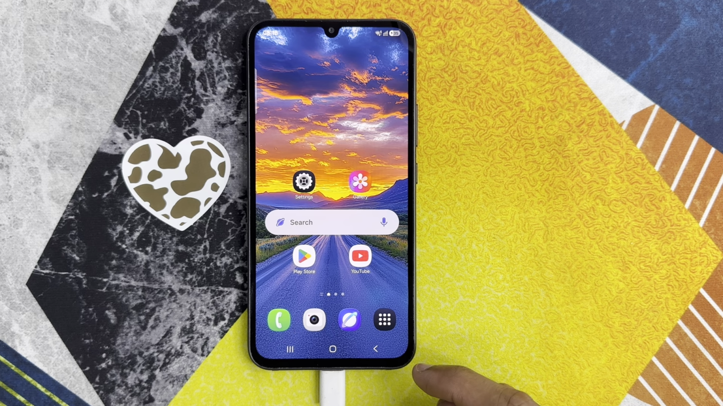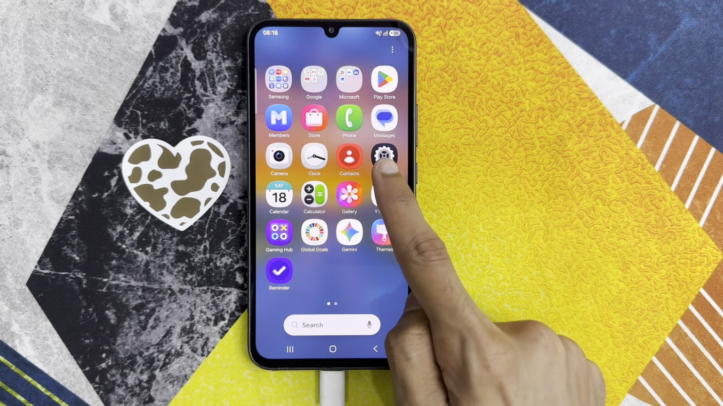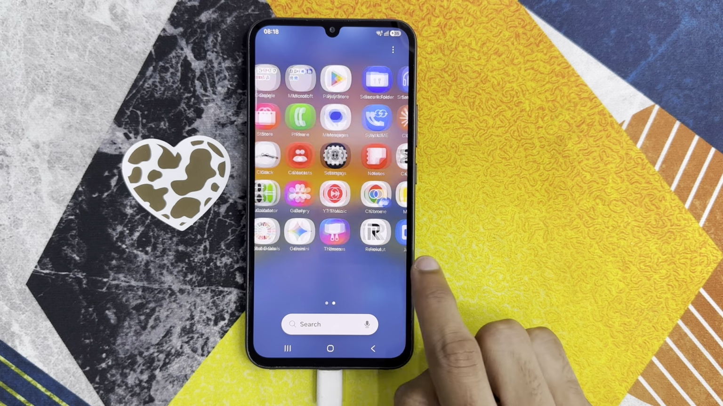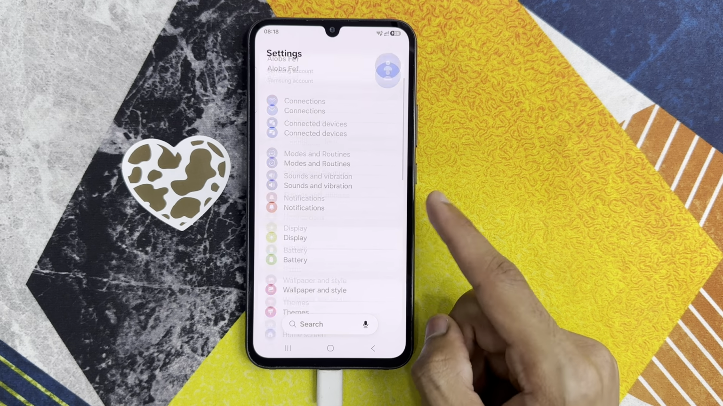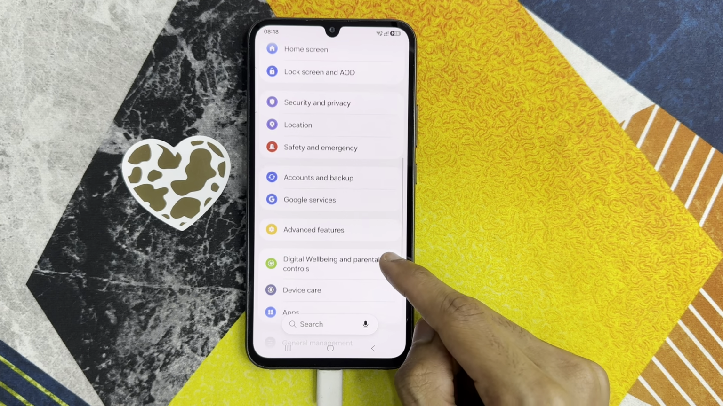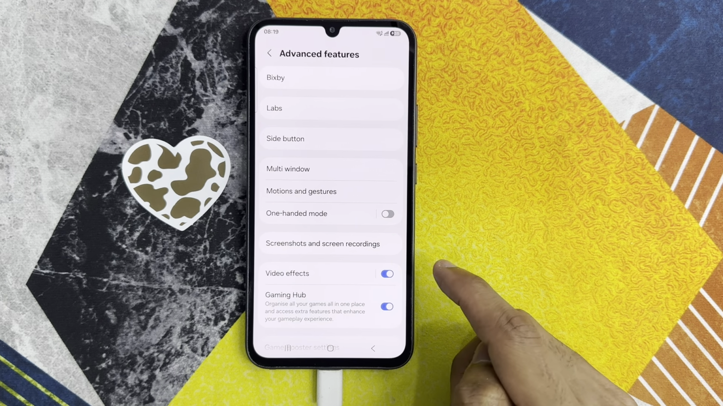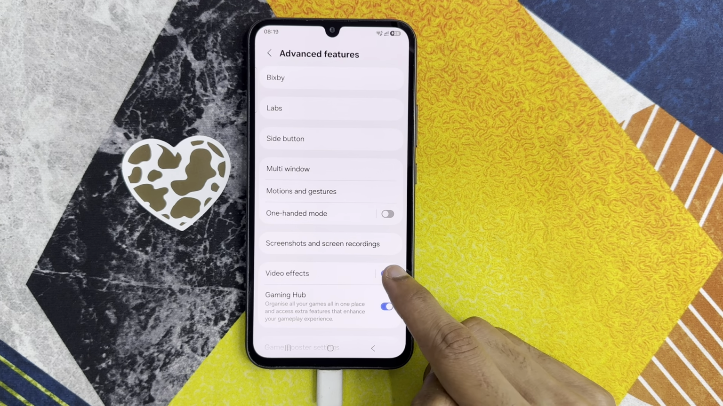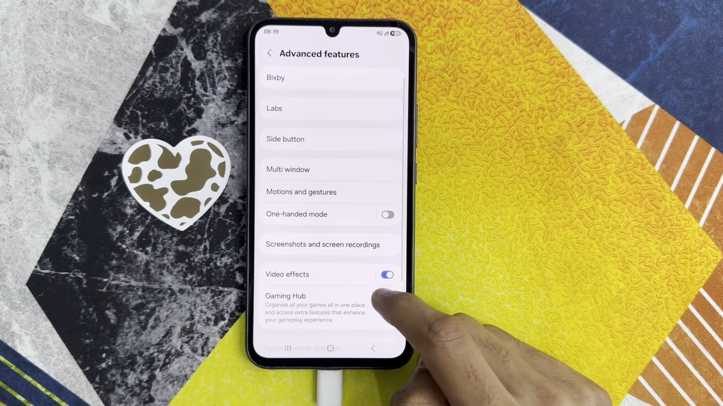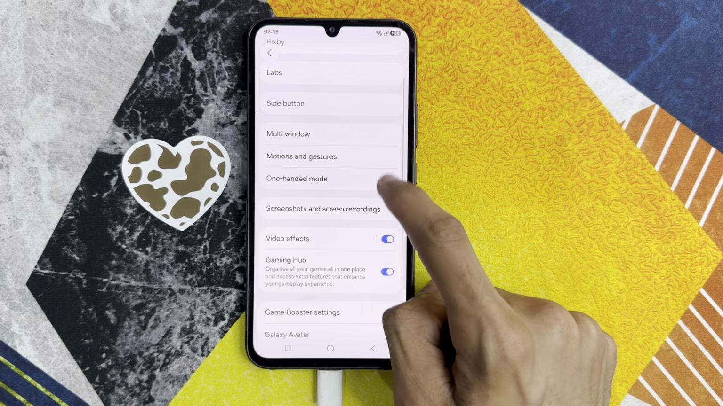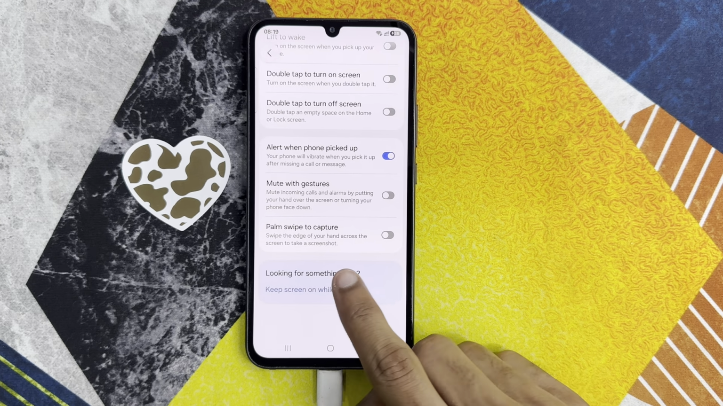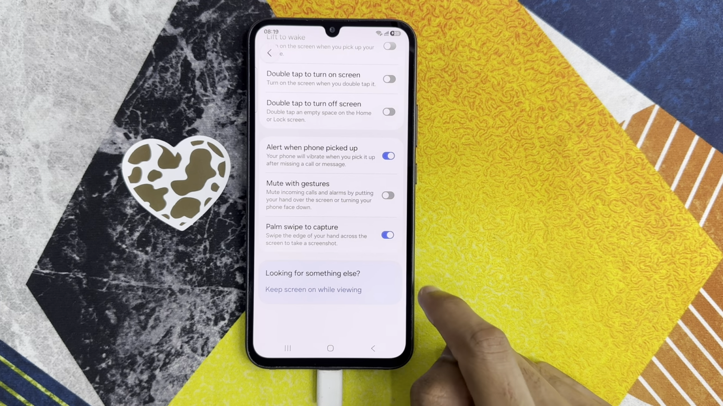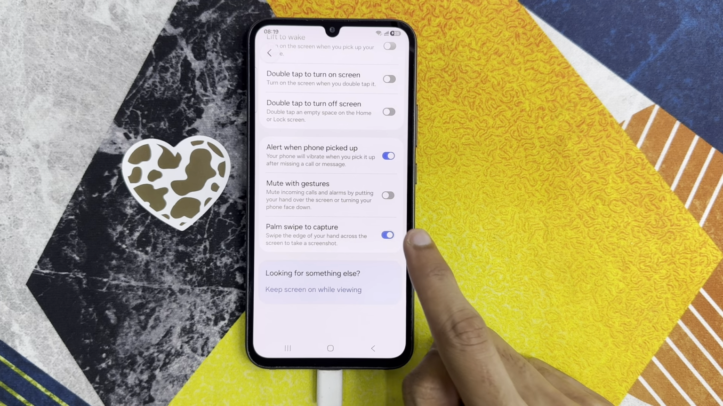But if it's still not solved, go to the app library, click on the settings app. Now in settings, scroll down and click on advanced features. After clicking on advanced features, click on motion and gestures and turn on the palm swipe to capture button. After turning on palm swipe to capture,